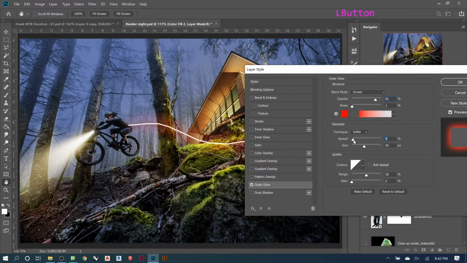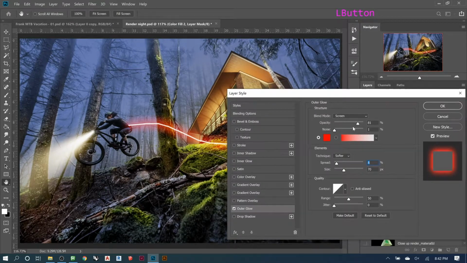And then you can adjust the spread, the size. We want it more intense or less. I think here a little bit softer is better. And see here, it's hard to tell, but when you look at the little picture, it's really obvious that that's probably too much. Here it looks probably okay. So you would want to be careful, and that's why I really like the Navigator, because I use it all the time. So maybe the spread, we pull it down a little, and then maybe that's just a little too